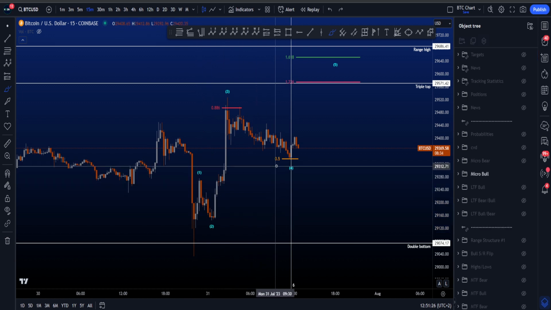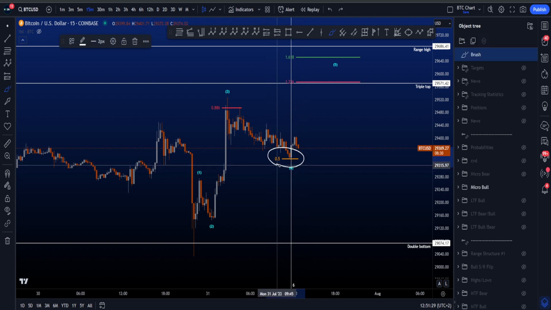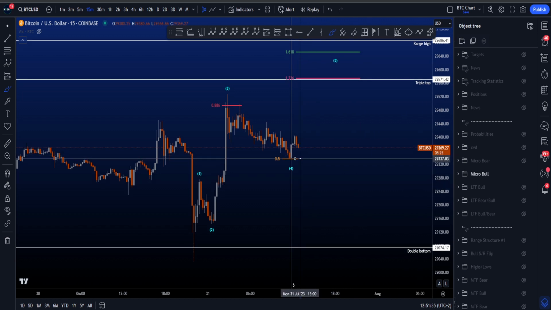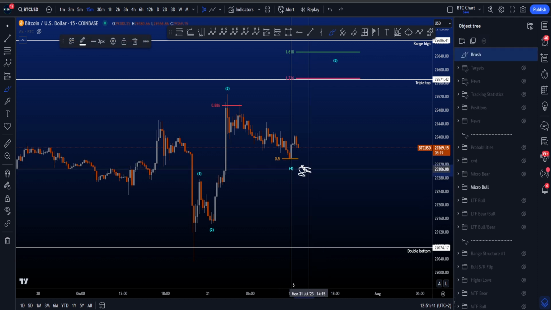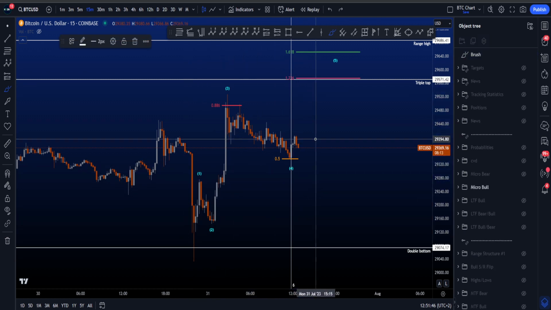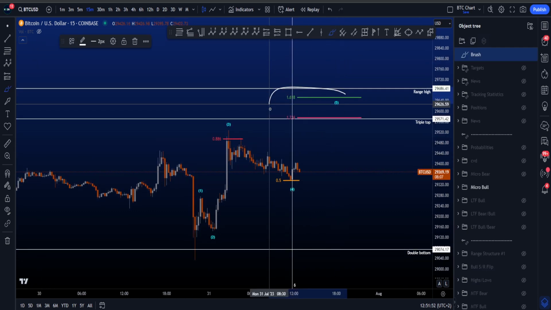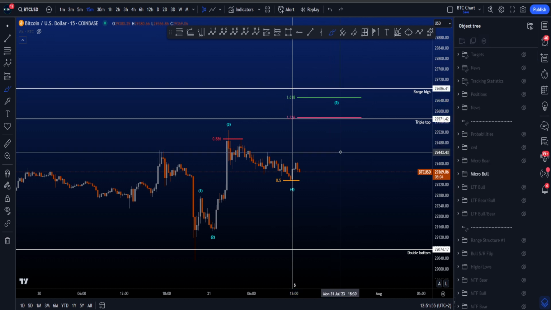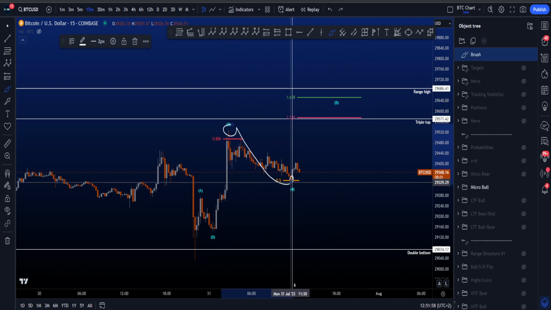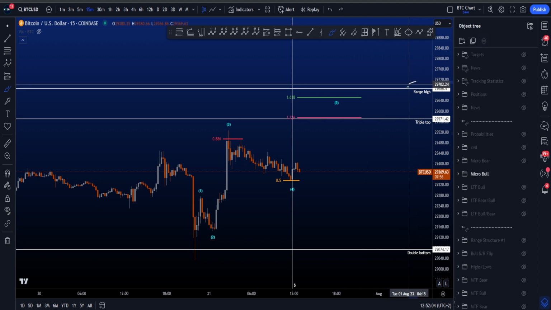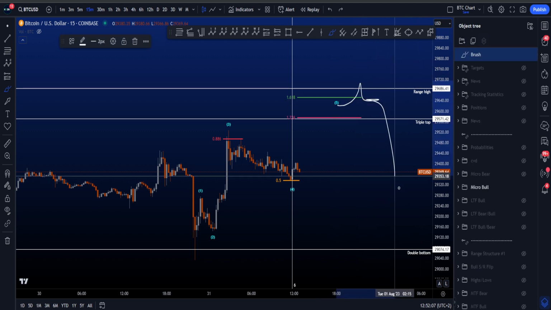However, as the true invalidation for a wave 4 is breaking the 0.5 fib, we cannot say it is completely invalidated. Only if price is going to start to close candles below the 0.5, meaning below 29.3k, that is the moment we can say, well, this wave 4 is invalidated, and therefore this impulsive structure on the chart right now is invalidated. If we look towards the upside, then the most common target for wave 5 is between the 1.236 and the 1.618, taken from the high to the low of wave 4, which is in confluence with the triple top that we have at 29.5k, as well as the range high for maybe then a wick above, close below, and continuation